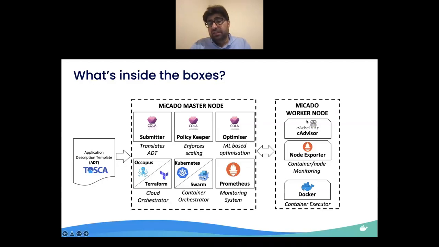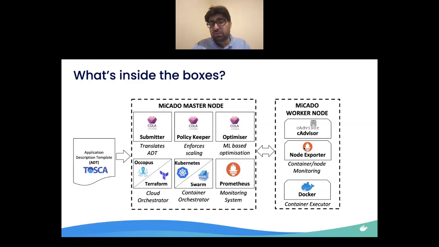On the other side, we have the MiCADO worker node. This consists of the monitoring agents, for example cAdvisor and node exporters. If the user specified that monitoring needs to be performed for a particular service which runs on a specific worker node, then these can be deployed on those specific worker nodes, and at runtime they will monitor the various metrics related to the resources as well as the application.